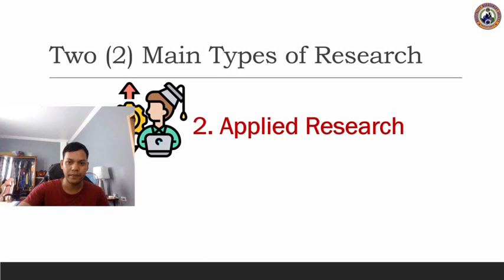The second one is applied research, which we are going to conduct in your study as one of the requirements. Applied research investigates well-known theories and principles in order to enhance the knowledge around a practical aim. Because of this, applied research focuses on solving real-life problems by deriving knowledge that has an immediate application. Okay, this is what we are going to do. You need to conduct this applied research.